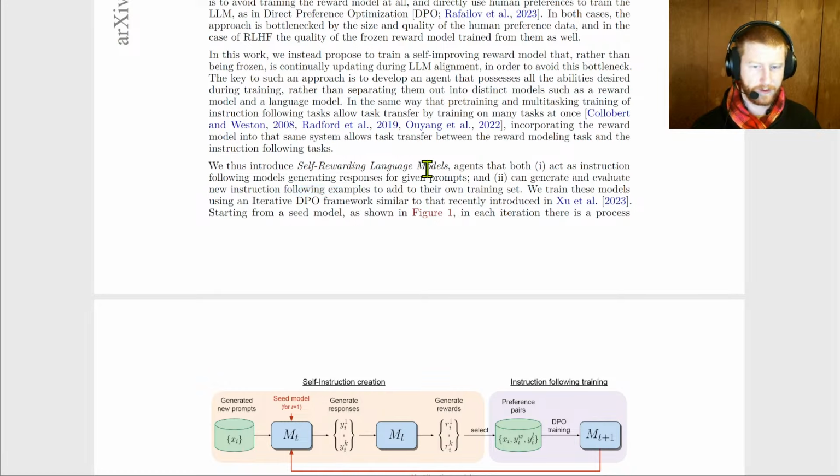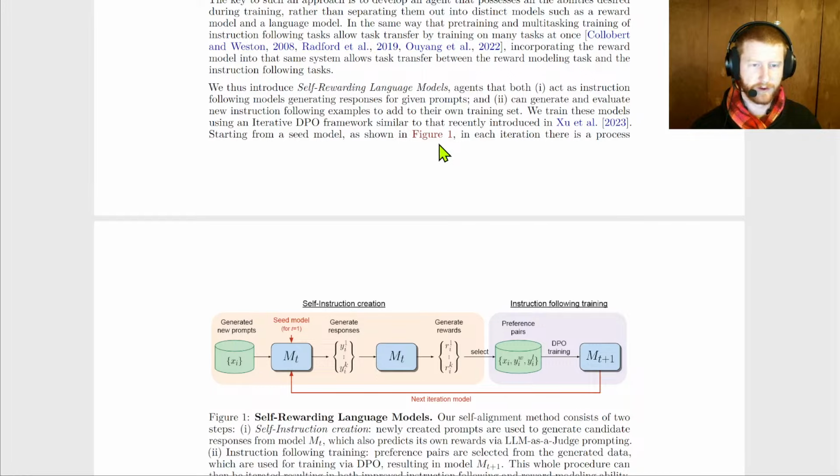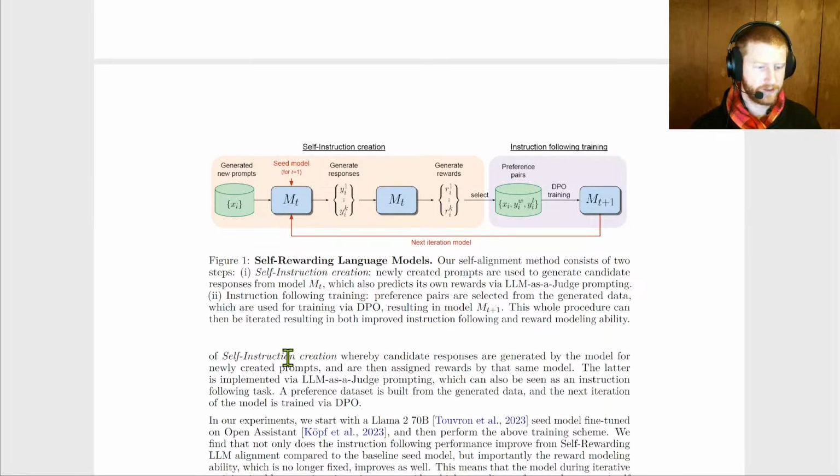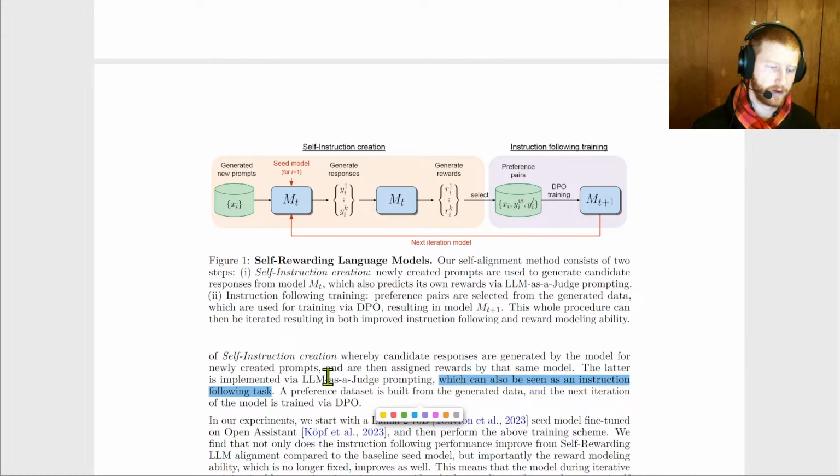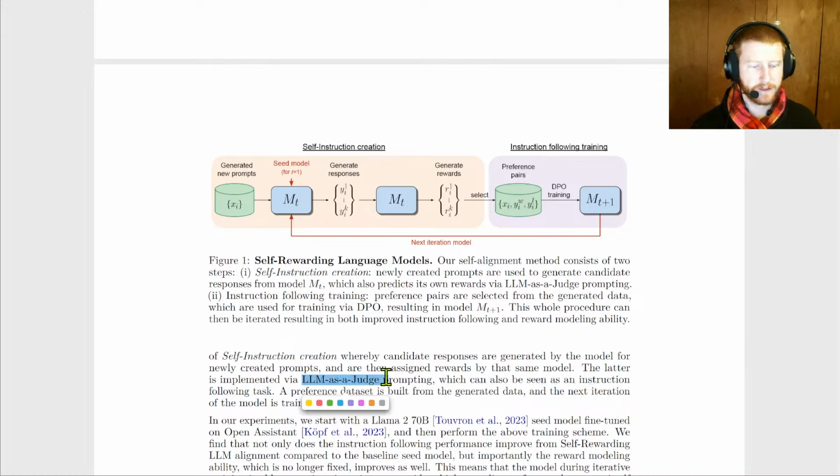Iterative DPO, starting from a seed model as shown in figure 1. In each iteration, there is a process of self-instruction creation, where candidate responses are generated, and then assigned rewards by that same model. They have this LLM-as-a-judge prompting, which we'll try and figure out what that is, which is also an instruction following task. So I guess that's hinting there that if this model gets better at following instructions, it gets better at being a judge. They build up a reference data set from that generated data, and then they do the next iteration